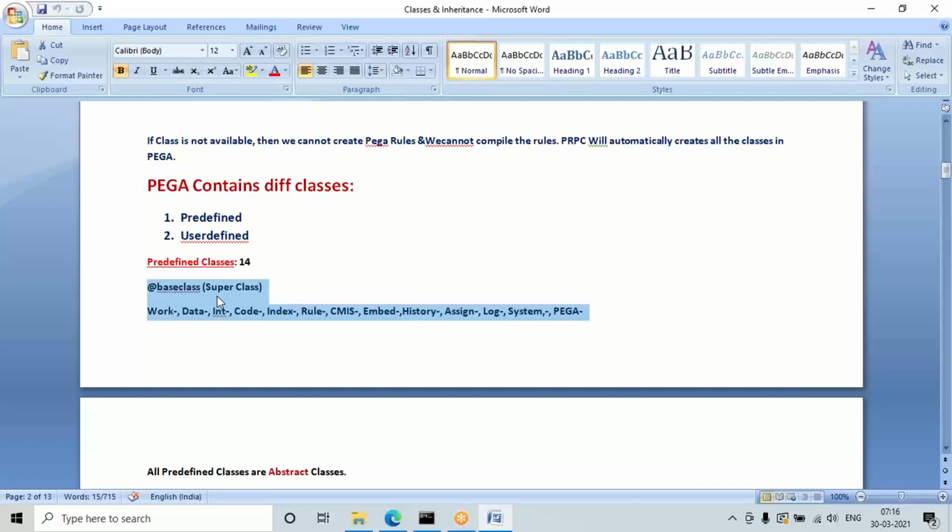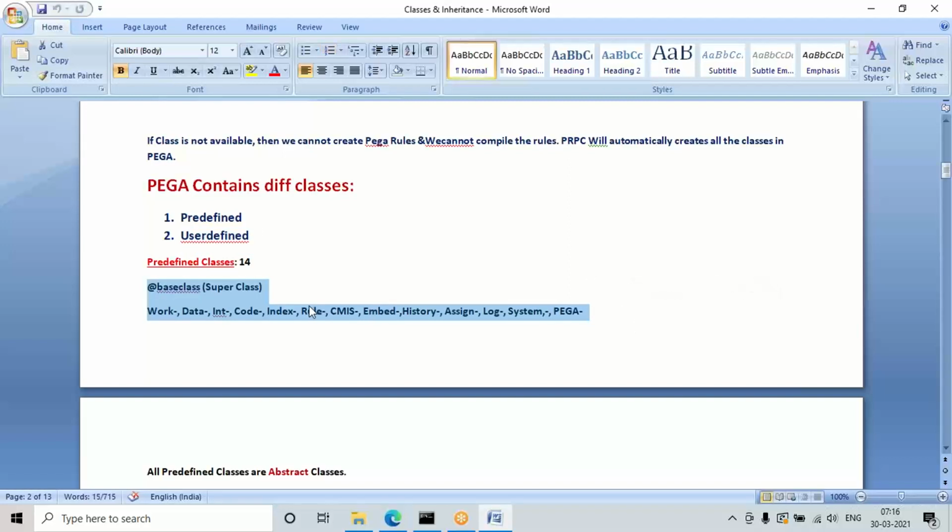So directly we are not going to create anything in the built-in classes, but all of these will be executing in the background. All the functionalities given in the platform are running in the background. Pega is a framework application, right? So all the built-in rules we have in the platform are developed under these built-in classes. And any design related to a new project that you are going to add, we need to define under user defined classes. Now we are going to understand about the user defined classes, and for these predefined classes, just memorize them.